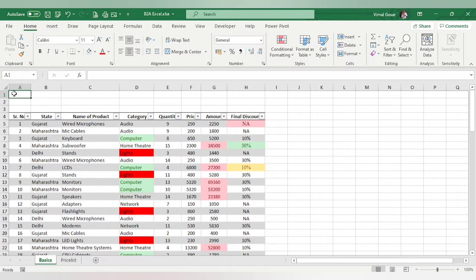In this video, we will learn about how to protect a worksheet and a workbook. The number of sheets in a particular file, we call them the worksheets. These are seen over here as the worksheets, and all those worksheets together comprise our workbook. This is a complete workbook whose name is B2A Excel, and these are the sheets named Basics and